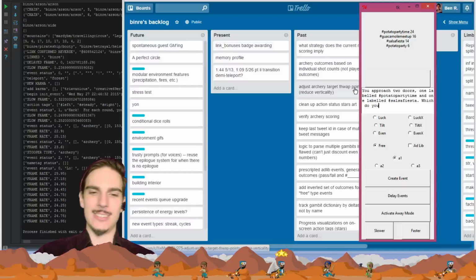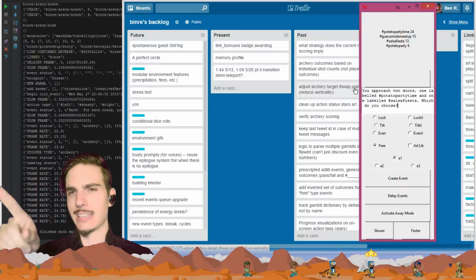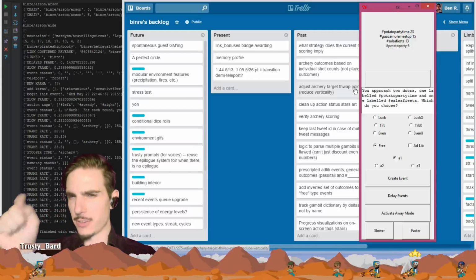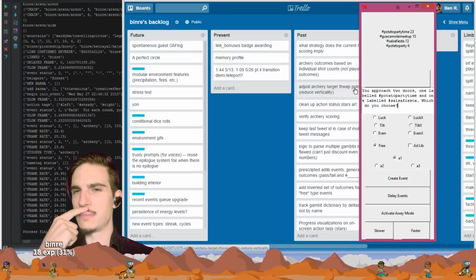Which do you choose? Maybe in the same way that the conditional dice rolls would use these,